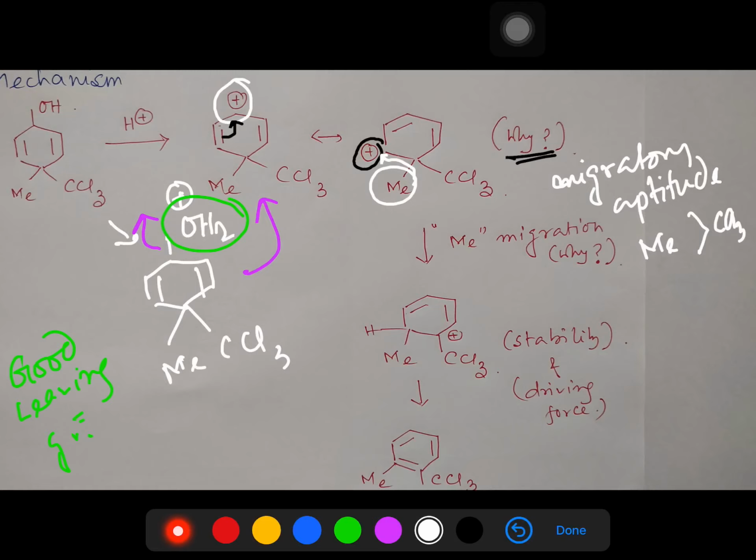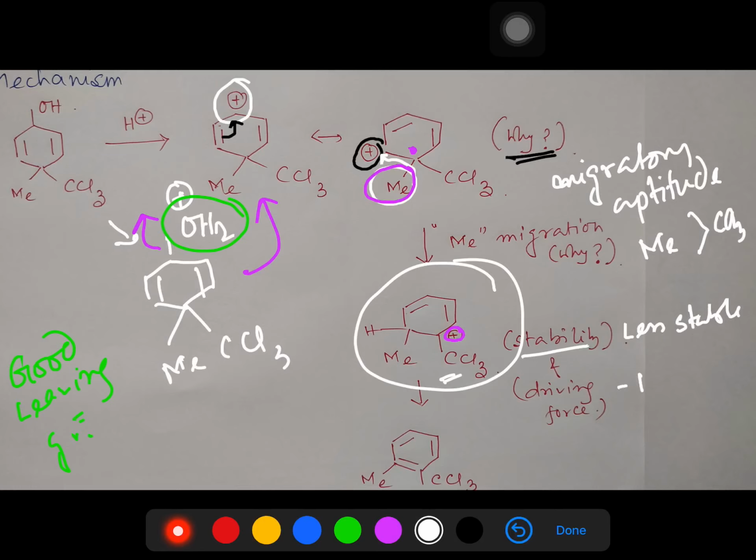Consequently, methyl will migrate. After migration, since this methyl group is migrating with its bond pair, a plus charge will be developed at this carbon. Now just look at this molecule very carefully. If you think about the stability of the plus charge, it is less stable. Why? Because this positive charge is adjacent to a CCl3 group which is electron withdrawing due to the minus I effect of chlorine atoms. But there is another point, this is also allylic, so from this allylic point of view it is stable. It's a mixed logic you may consider, fine.